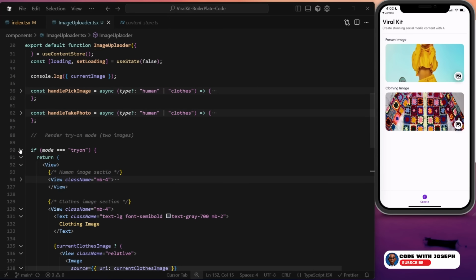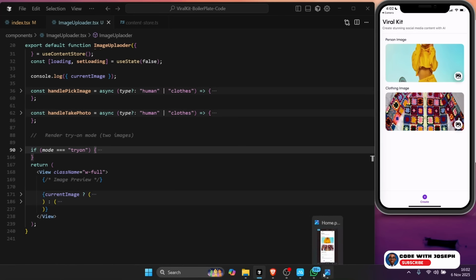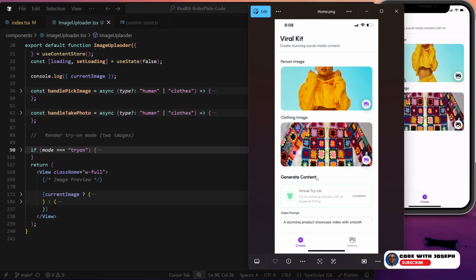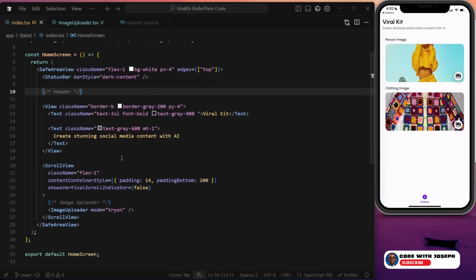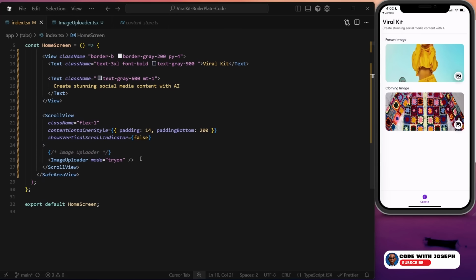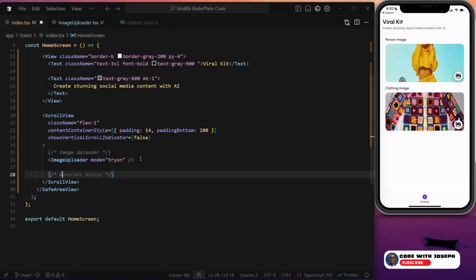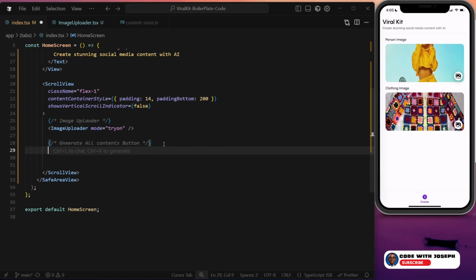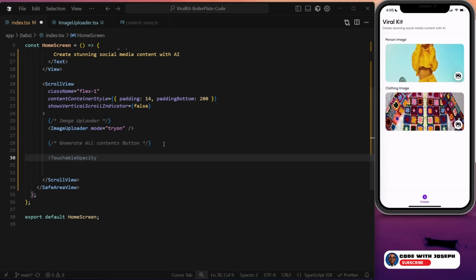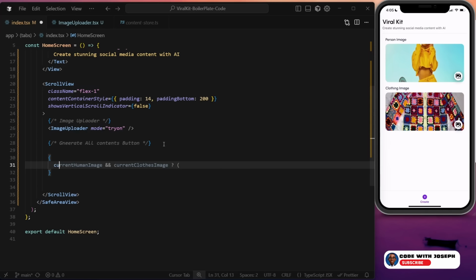So let me just minimize all of this. The next thing I want to implement is the ability to click on generate content, and it provides us the image that we've already generated. All right, so right there in my index right here, I'm going to say generate all content. After this, bring this down. So this is the generation section, right? And what I want to do is say current